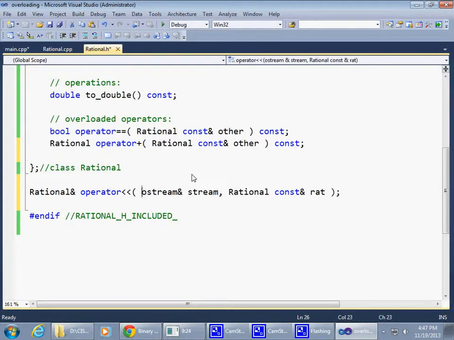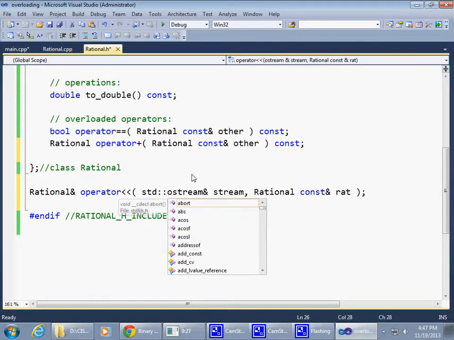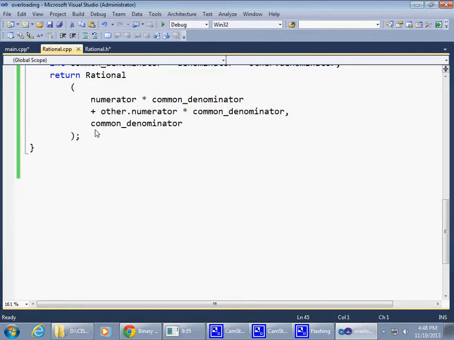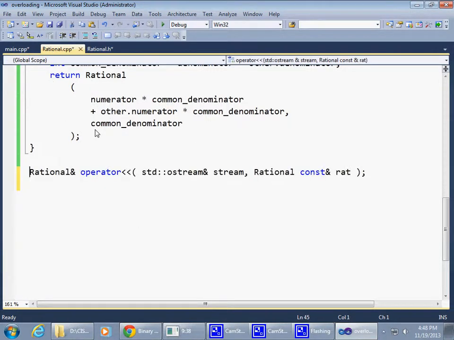So again, this needs to be saying std output stream, and I'm going to say Control C and bring it over to my implementation file. So this time, this operator is defined not as a member function, but simply as a non-member, freestanding function, which takes the stream and the rational and something like this between them. And therefore I can define it now as simply saying this: std